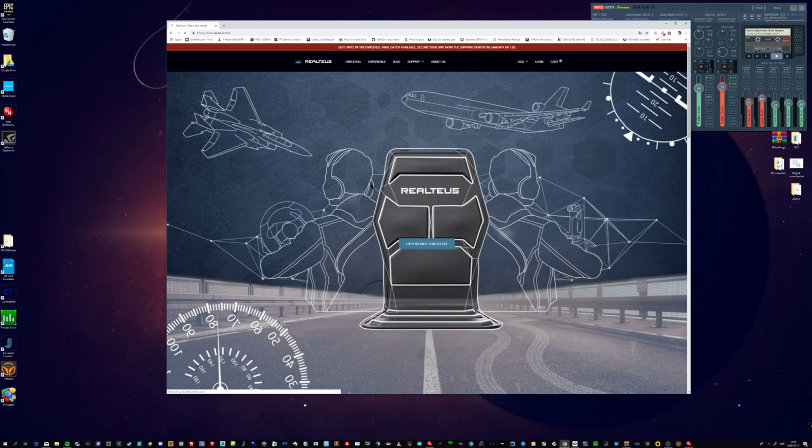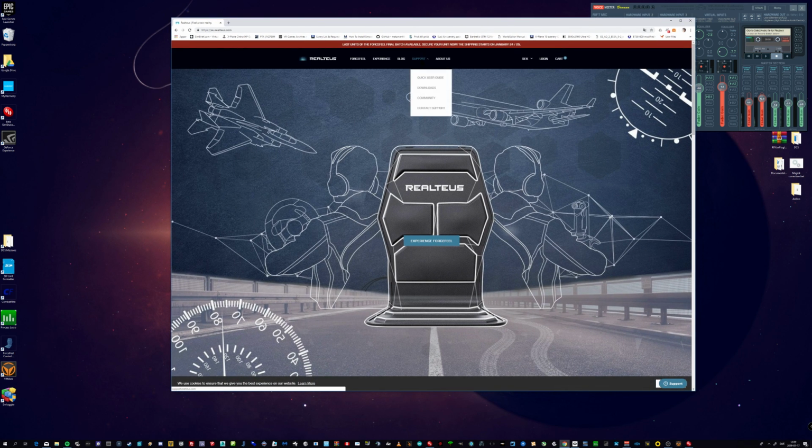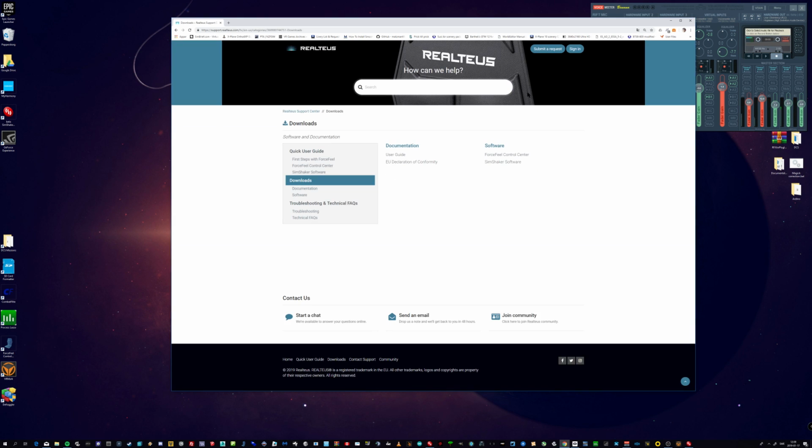Yeah, you will end up on their main page, and then you go to support, and then you select downloads, find the software section. And you can see here to the right there are two softwares. There is the Forcefeel Control Center, which is the software tied to the driver, where you can do some setups. You can adjust